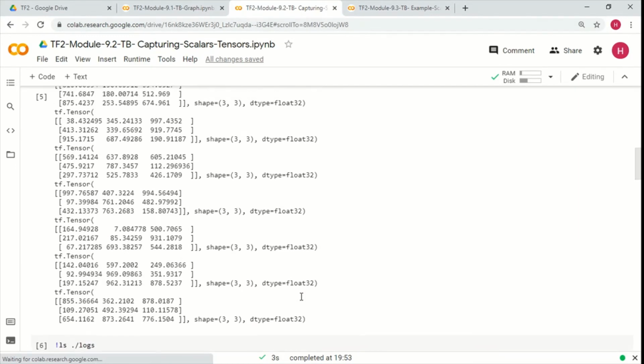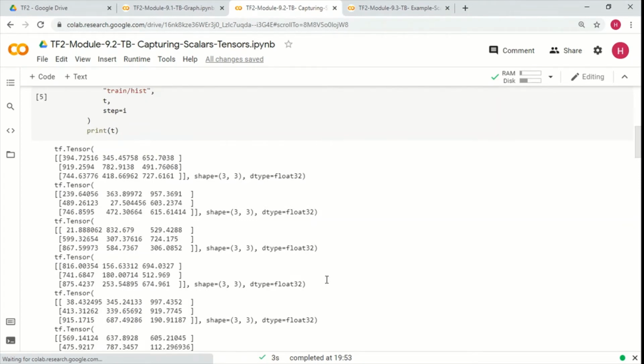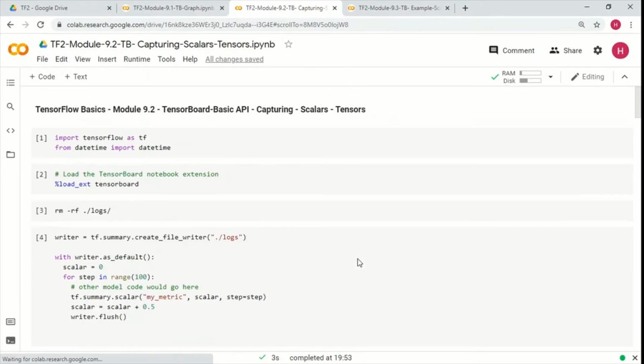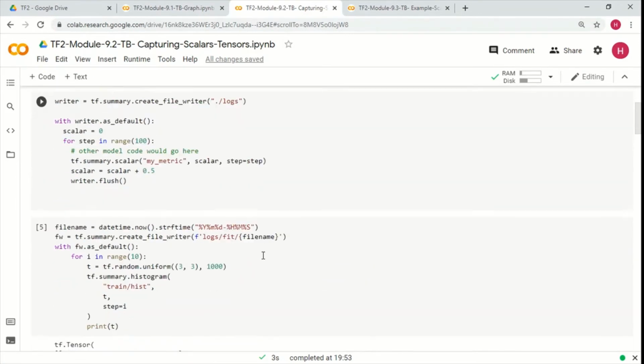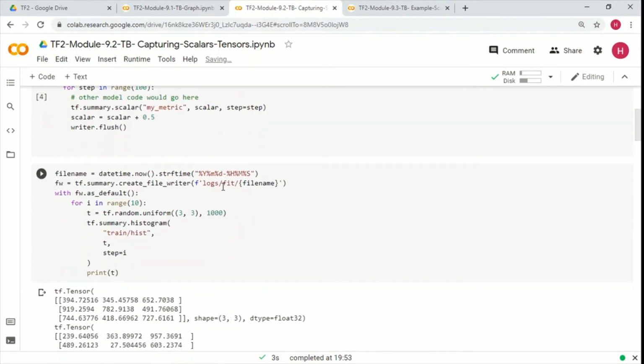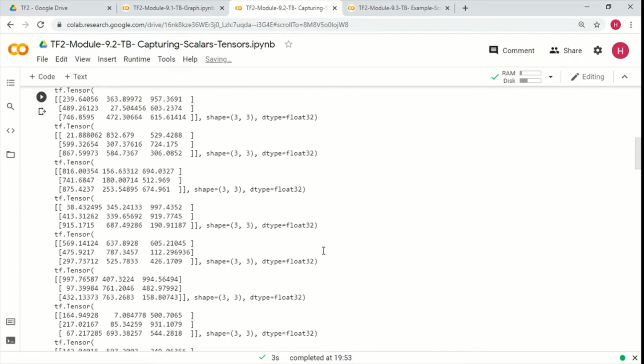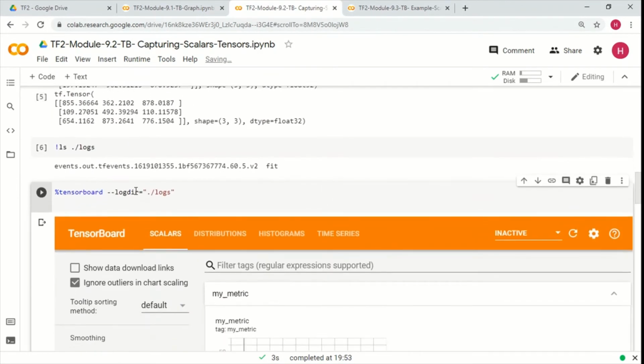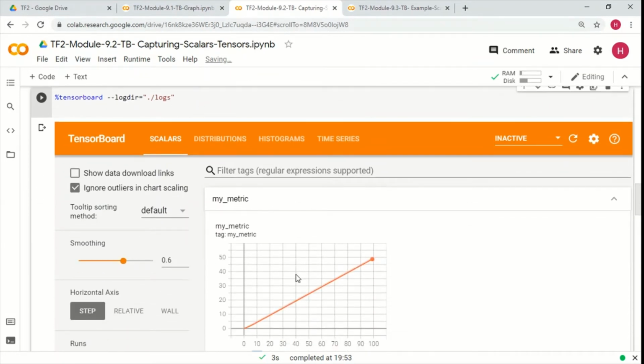Since everything is under the logs directory, we should be able to see both, right? We have the scalar in the logs directory, and we also have the other tensors in a subdirectory of the logs. So when we say tensorboard log directory logs, we should be able to see both, right?